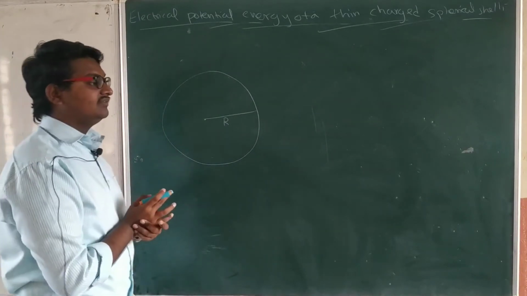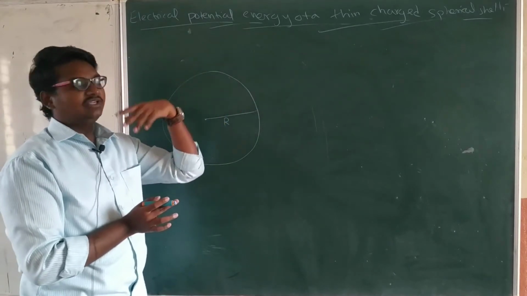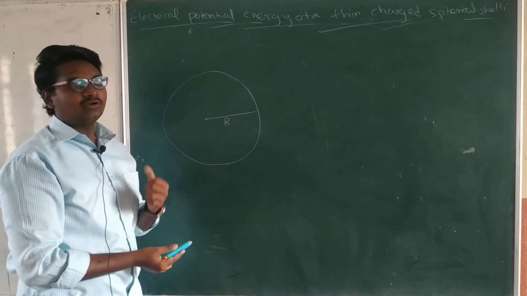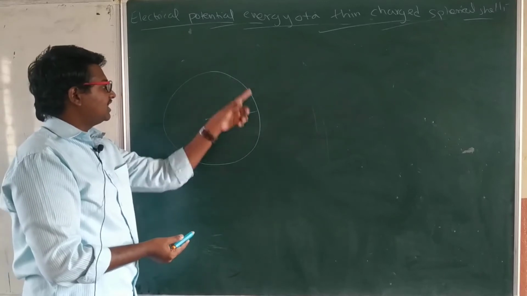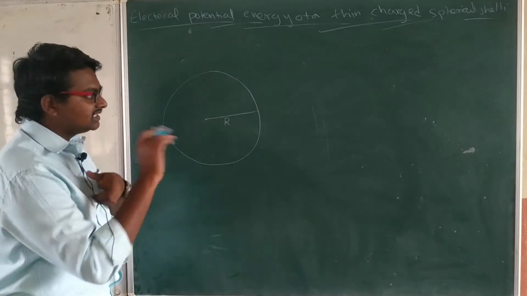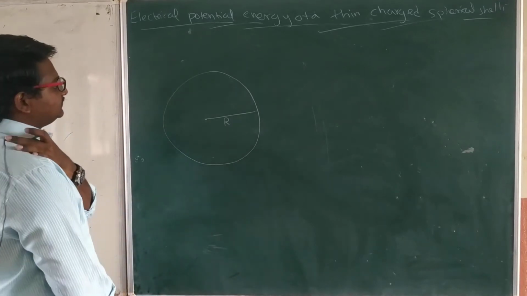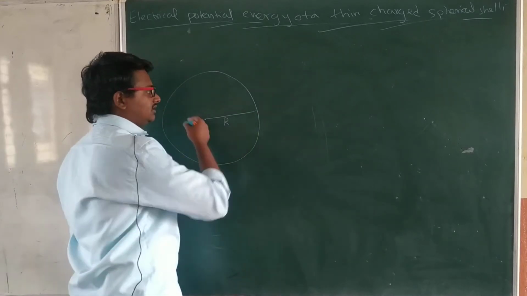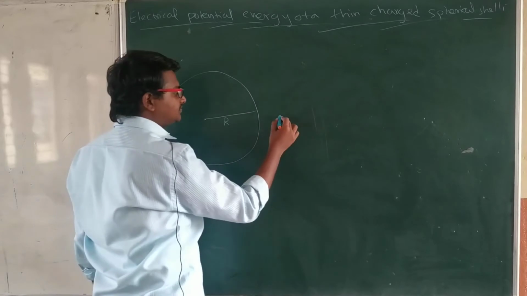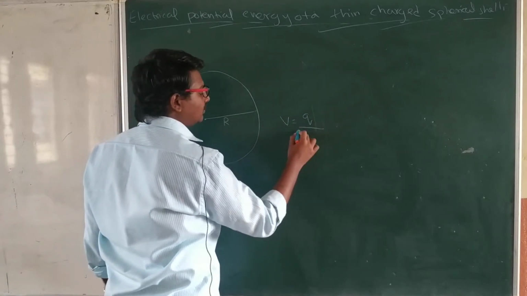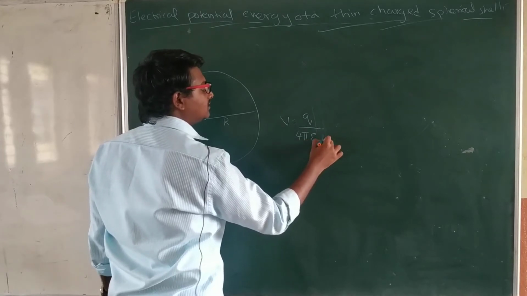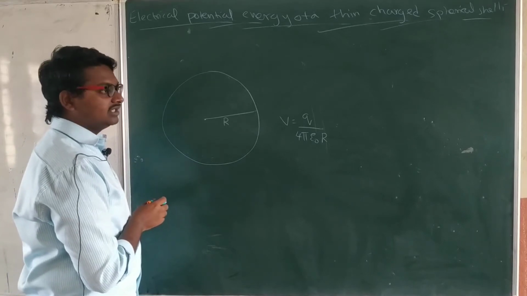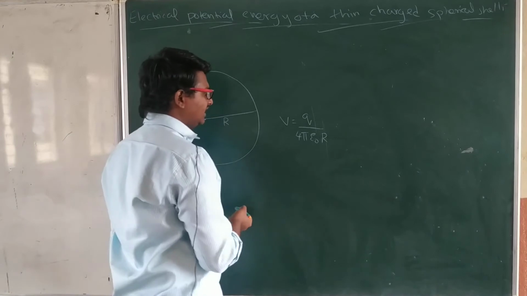To form the spherical shell, what do we have to do? We have to bring the charges from infinity and arrange them around the imagined Gaussian spherical surface. That is the work that we have to do here. Alright, what will be the potential of this total spherical shell? V is equal to obviously Q by 4 pi epsilon naught capital R. We know this already.